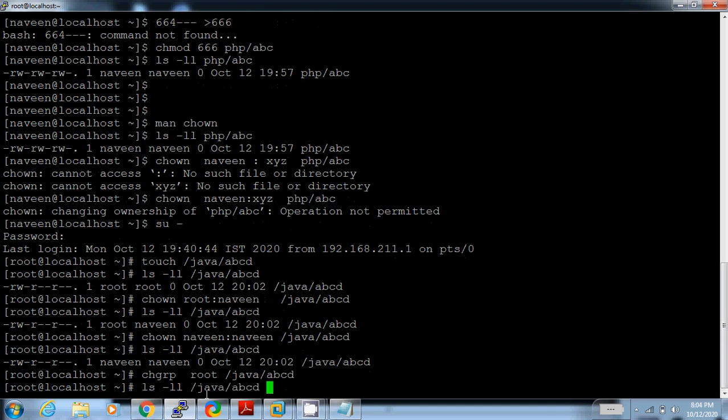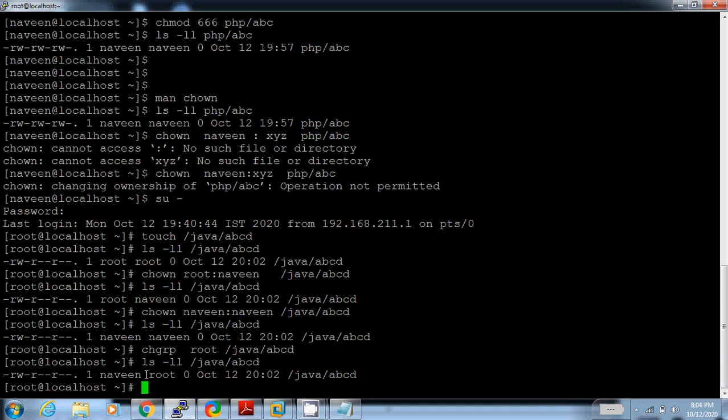Now check. Only group has been changed. With the help of chgrp, only group has been changed to root and file owner is Naveen. This is basic idea about chown, chgrp and chmod command.